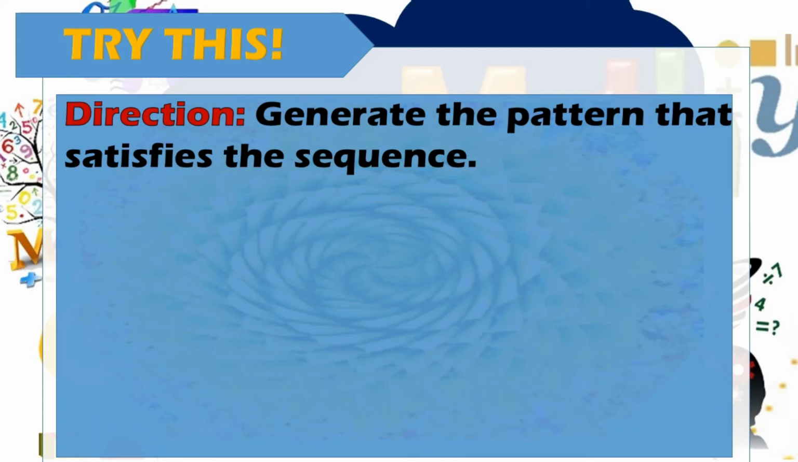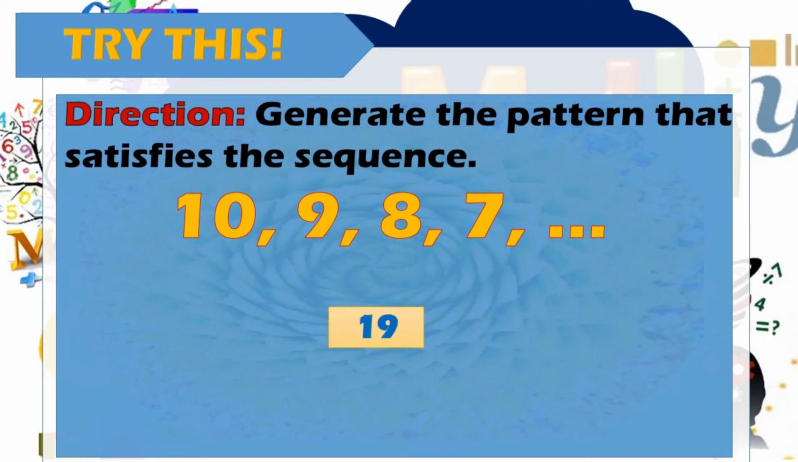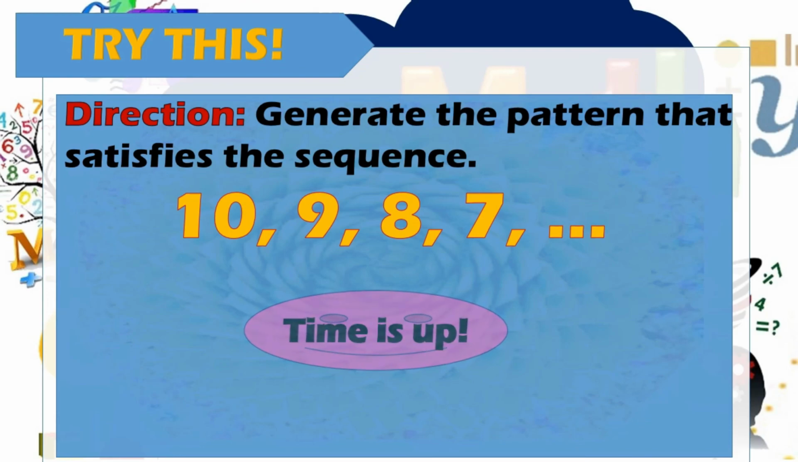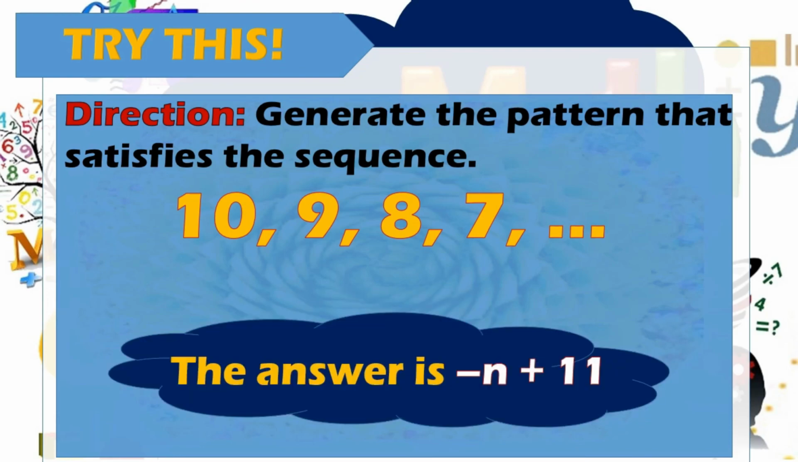Let's have the last number. The given sequence is 10, 9, 8, 7, and so on. Your time starts now. Time's up. What is your answer? Exactly. The answer is negative n plus